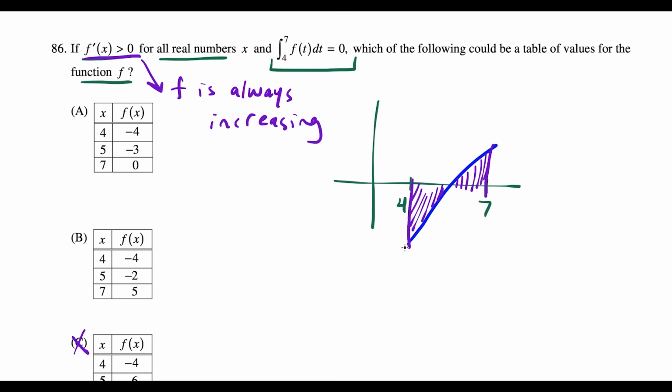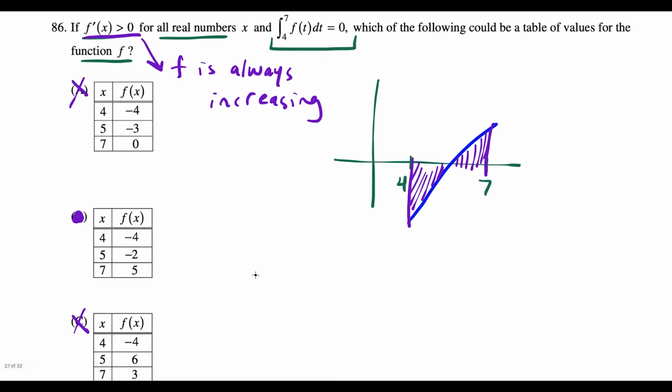We need to be negative at x equals 4 and positive at x equals 7. So here, notice it's -0, so this one's out. This one starts negative at x equals 4 and winds up being positive at x equals 7. So this is looking like the answer right away, but now we look at the other answer choice and why